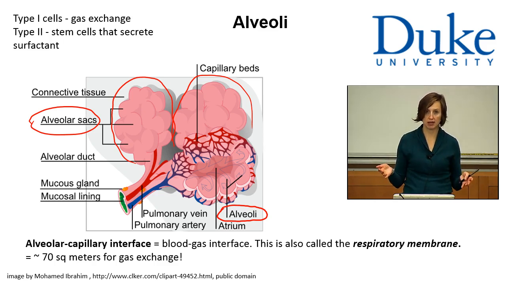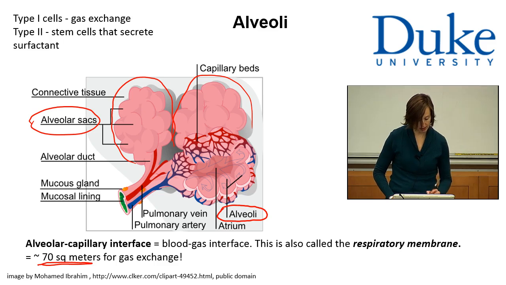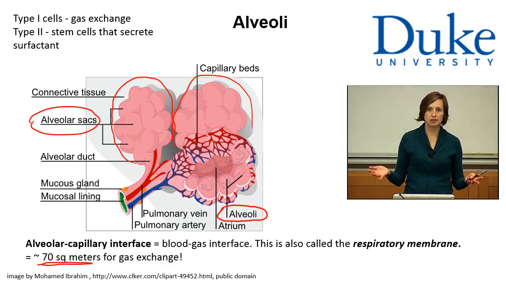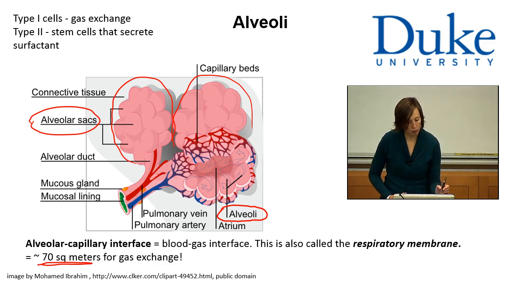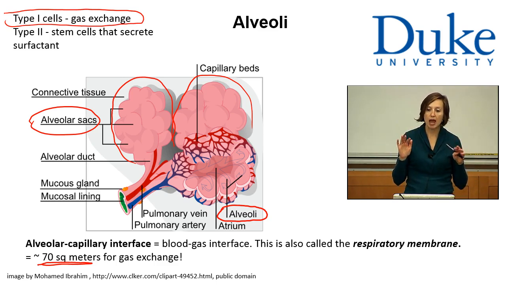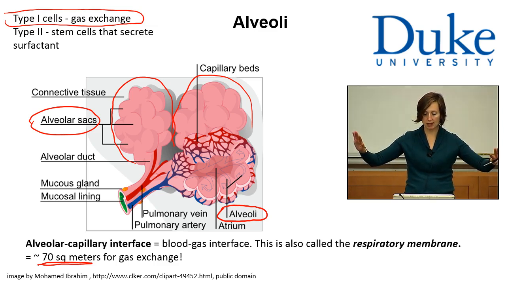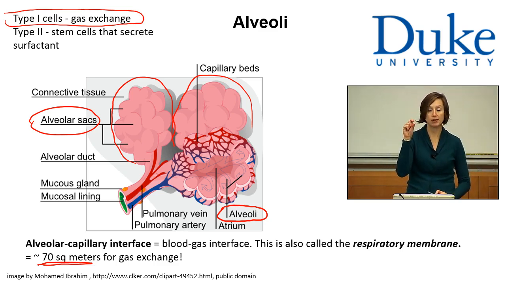The inner surface of the alveoli makes up a large surface area. It's about 70 square meters in the lungs, which is obviously going to allow for a lot of gas exchange. That surface is going to be comprised mostly of type 1 cells that make up the surface of the alveoli that is in contact with the air. These cells are very flat cells, so they're the epithelial cells of the alveoli. They're very flat and thin so that the air does not have to go a very long distance to cross